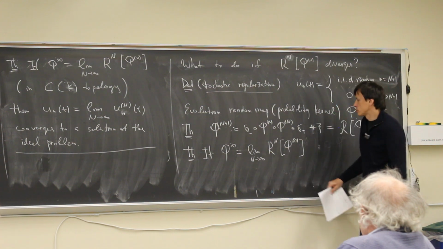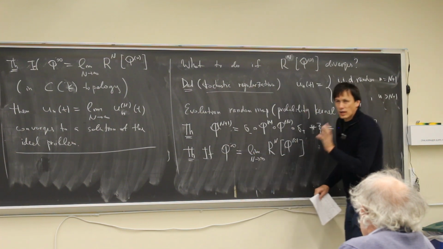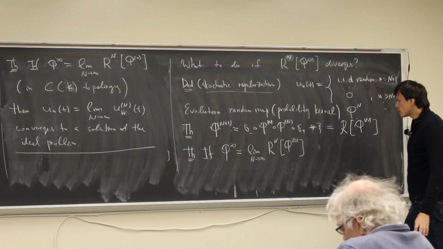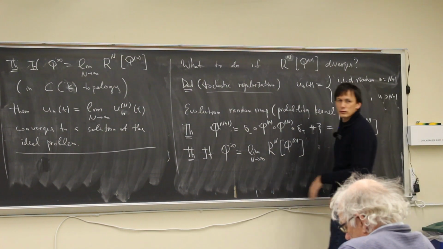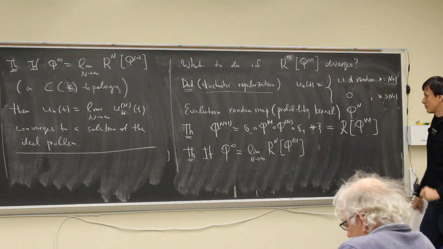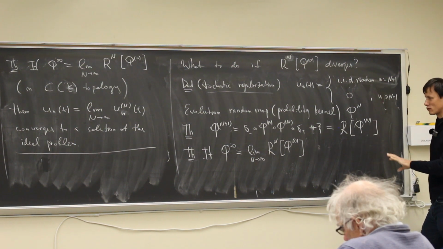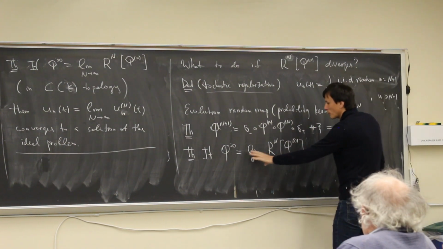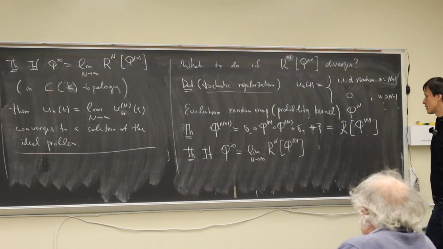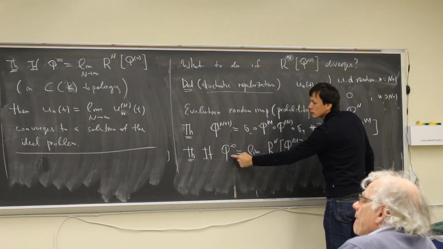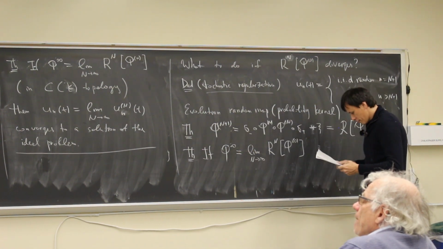So I'm not specifying in which sense. There is a definition of what is weak convergence for kernels. It's slightly more than just weak. So let's not go into details. So weakly. So if there is this convergence, so if the dynamics converges to a certain kernel, then